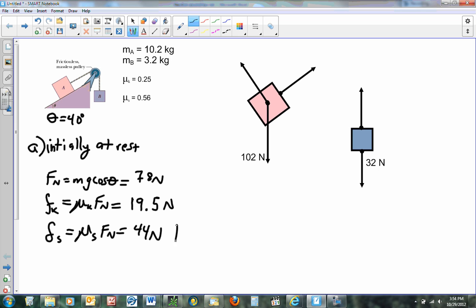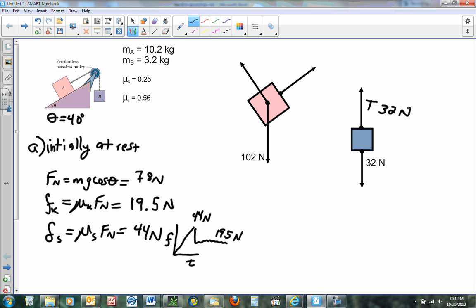If we just look at a graph of friction over a certain time period, we put time down here, and you're pulling on something, not moving, not moving, not moving, not moving. When it gets to 44 newtons, in this case, it's going to break loose, and then it's going to go to kinetic friction, and that's always 19.5 newtons. So to begin with, the most the tension can be is 32